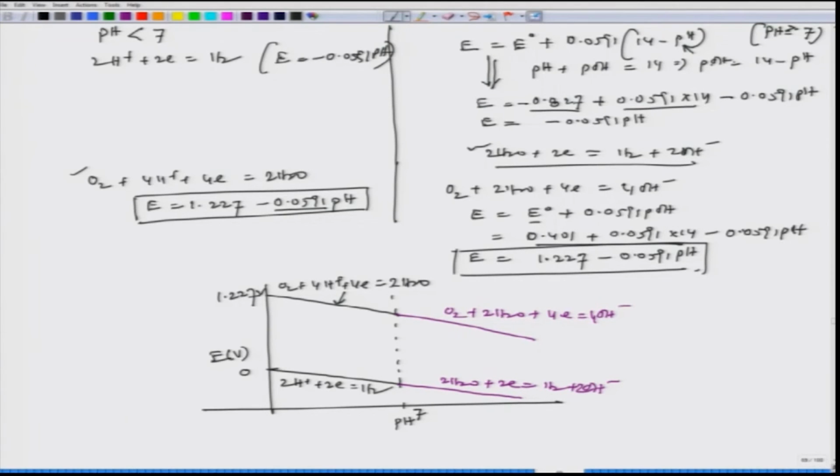Now, these four lines are to be combined with the nickel Pourbaix diagram, with those nickel lines, and then it will be a